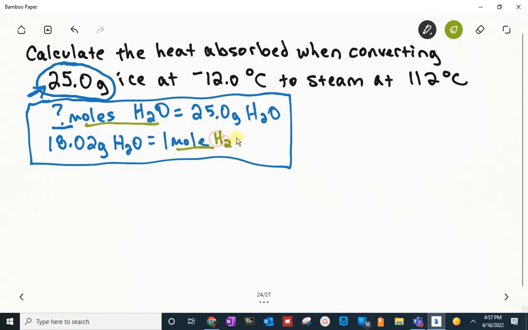Oh, I should have put H2O on there. And then we have grams of H2O and grams of H2O. So everything's mentioned twice, so we know we set it up properly. And we start with the row that has the question mark in it. And we take our known value, this 25.0 grams of H2O,